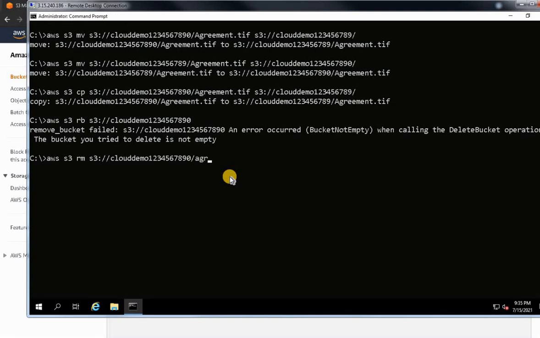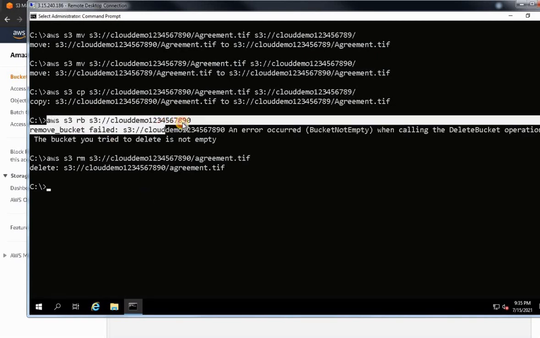If you don't know, just simply give the forward slash and hit enter, and whatever items are in your bucket will get deleted. Once everything is deleted, only then will you get the option to delete your bucket. Now you can see it is deleted.